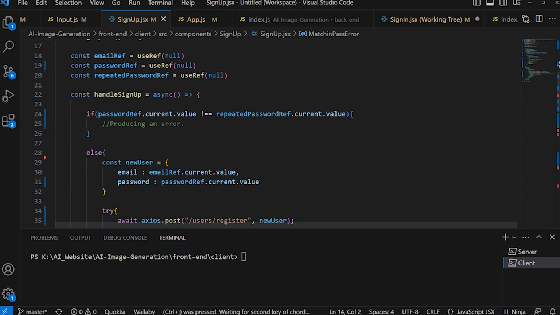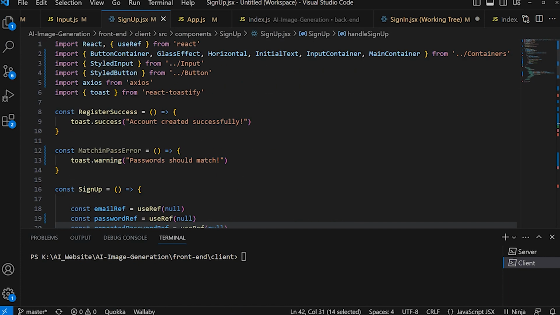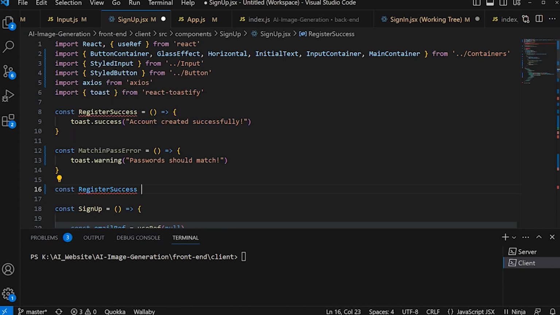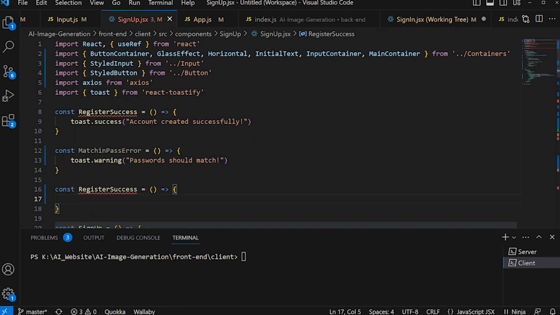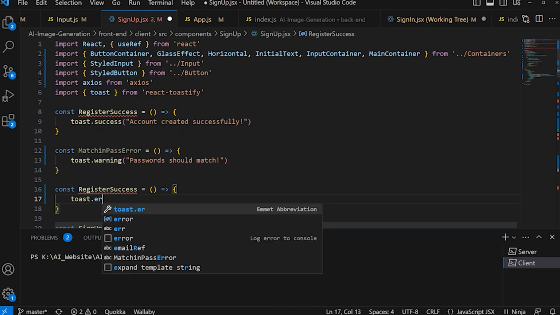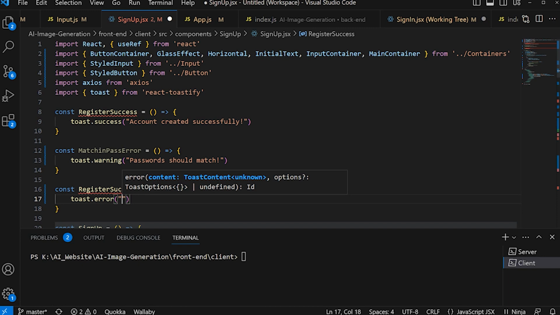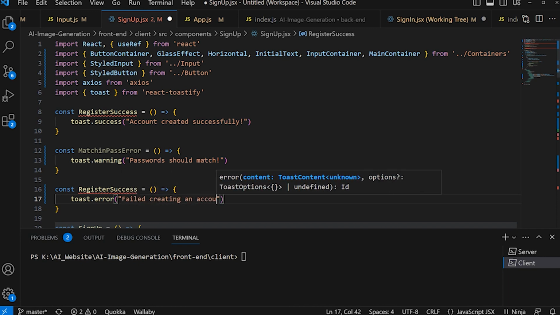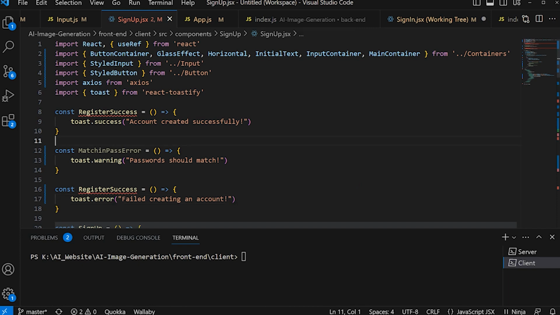And finally, I'm going to create this register failed. So I'm going to say const registerFailed, and this is going to be equal to a toast error, because it's going to produce a red, sort of like a warning, but in red color with a different icon. And we're going to say "Failed creating an account." There we go. Good. So, oops, it should be registerFailed. And matching pass